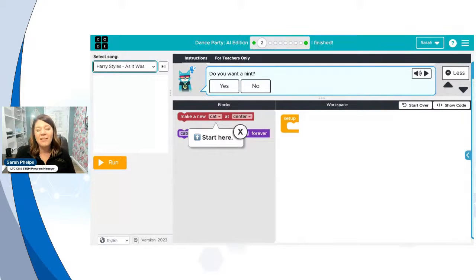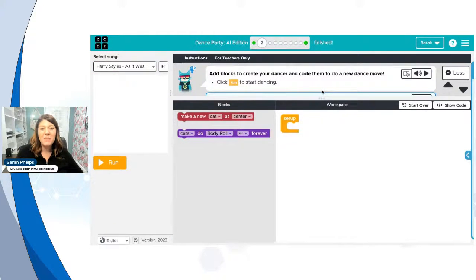Code.org has worked with a lot of artists to get them to agree to have their music included. And as they go through the activities, more and more music comes on. So these aren't your 4 favorites. No worries. There's more coming. But again, students work through. What's really cool is as they go, it helps them kind of build an understanding.